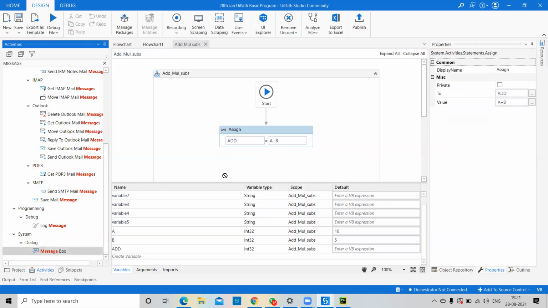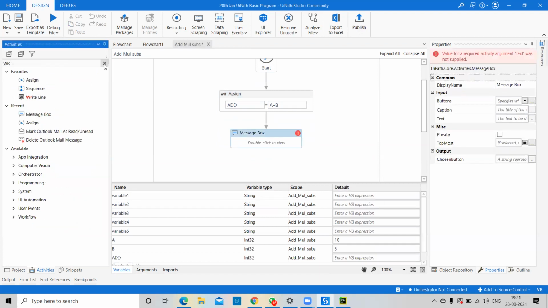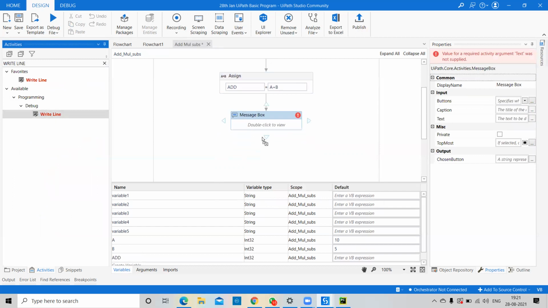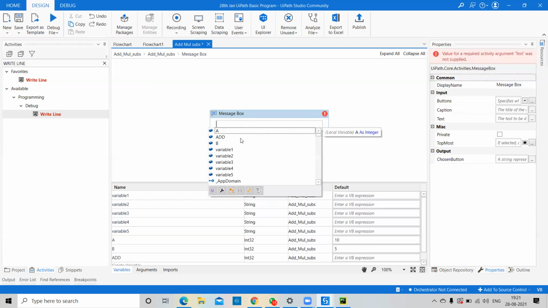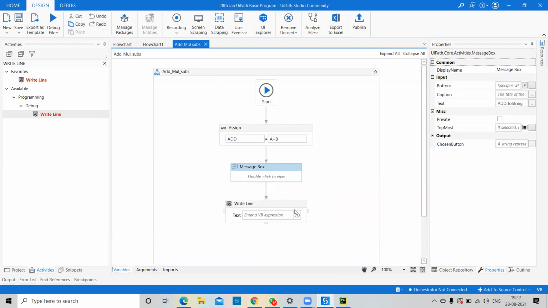I'll go like this, message box, and I will connect like this. So after the message box also I will take the write line. Okay. Write line, why? Because it can display the data in your output panel. Okay. So in the message box, what I will do here, I'll go for that part, and here I'll go for add. Okay. So here I cannot pass add directly because add is an integer data type, and an integer we cannot display in a message box. So right now it will not show an error, but if I go for write line, definitely you'll get the error.